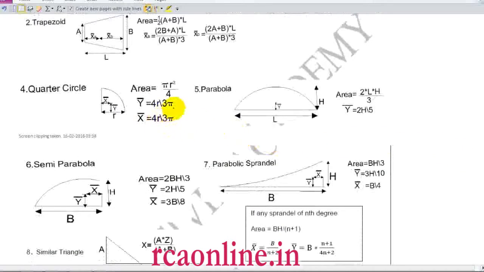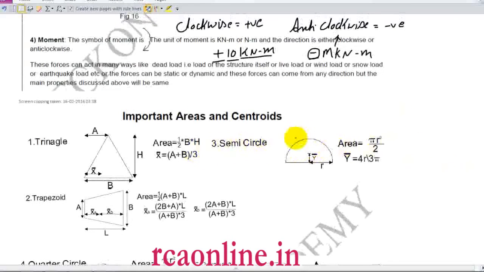Especially I give you 5 which is very important: parabola, semi-parabola, semicircle. If you remember it's okay, but I will not be requiring much. This type of the triangle, and trapezoid I have already given that you can divide the trapezoid into triangle and rectangle. So if you feel you can remember this formula, then the calculation will be less, but you have to remember, otherwise you can use this. Now if you see this triangle, this is very good.